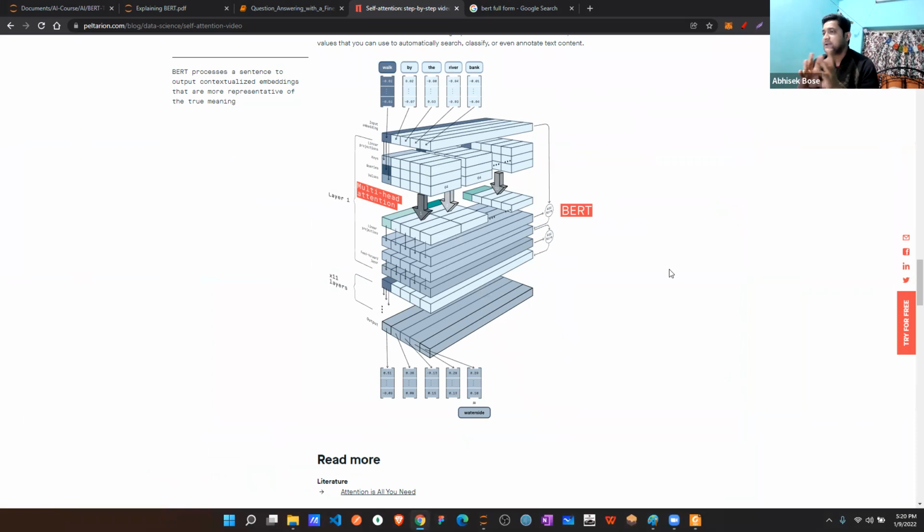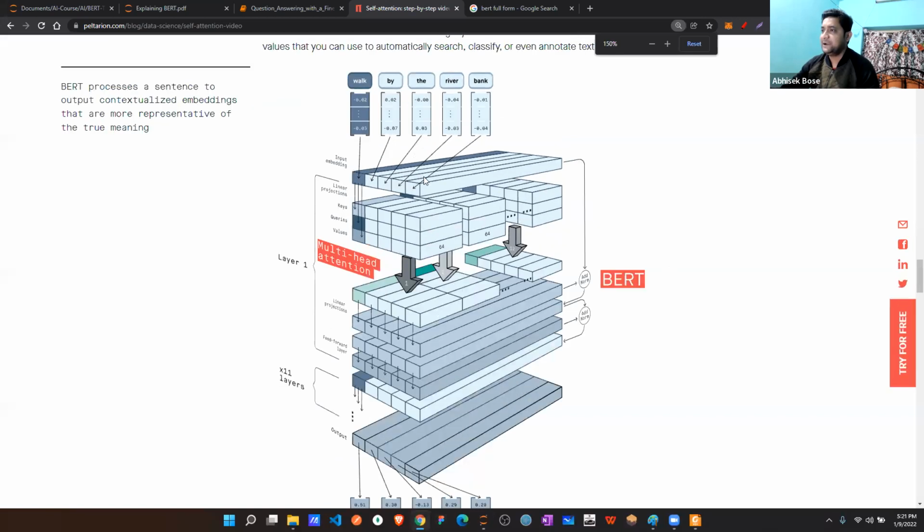Now that encoder and decoder is perfectly okay. The thing is, if we are doing a single layer, then the context, that flavor of the meaning of the sentence, is not going to hold properly. So for that, what we did, we actually employed multiple layers.